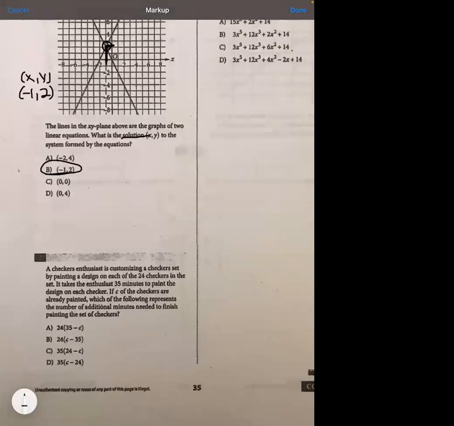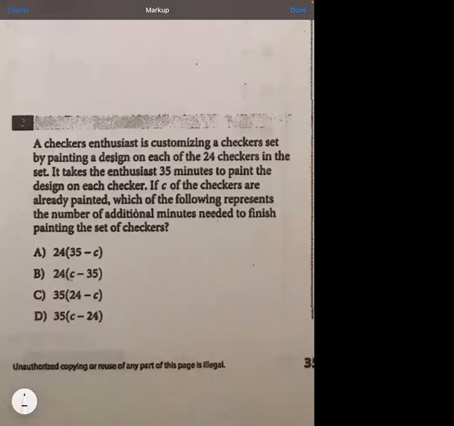A checker enthusiast is customizing a checker set by painting a design on each of the 24 checkers in the set. It takes the enthusiast 35 minutes to paint the design on each checker. If C of the checkers are already painted, which of the following represents the number of additional minutes needed to finish painting this set of checkers? So basically,